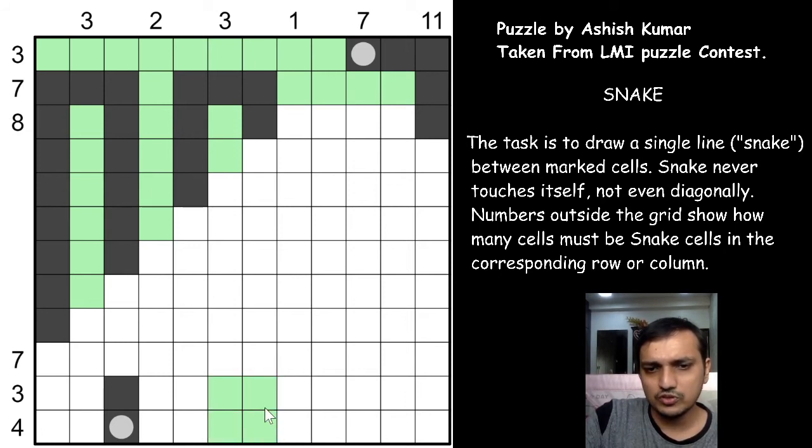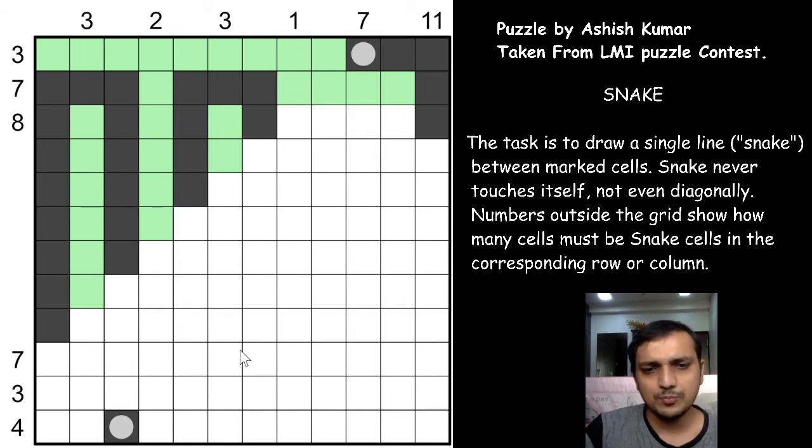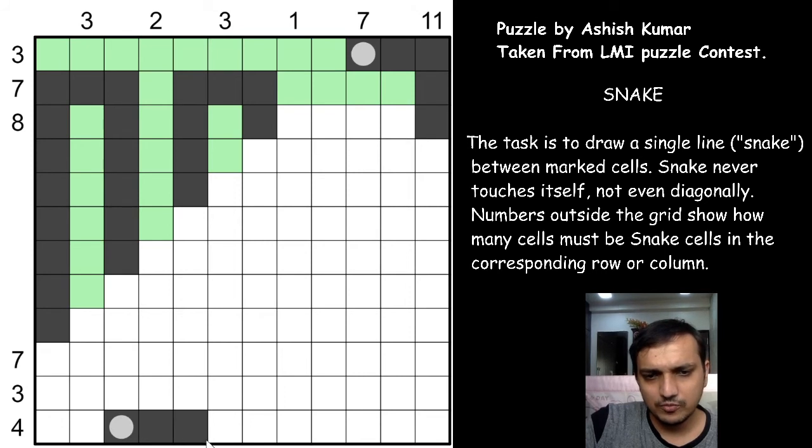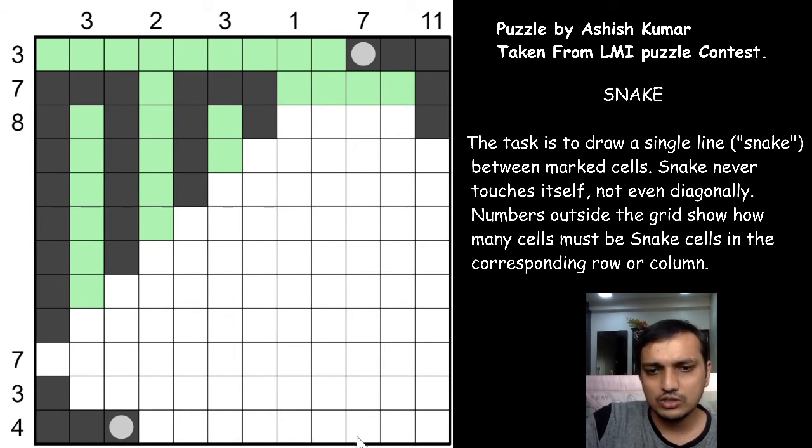But there are 2 possibilities. Either it will form a U or it will form a 4 straight line and again an L. It will go up. So one of the possibility will contradict the rule. If you see, this snake cell goes straight for the 4 snake cells. If you see, this snake cell cannot go this way, right? It will have only 3 snake cells and one is stranded. You cannot make the snake come to the edge and go back with using just one snake cell, right? So it has to go either this way or up.